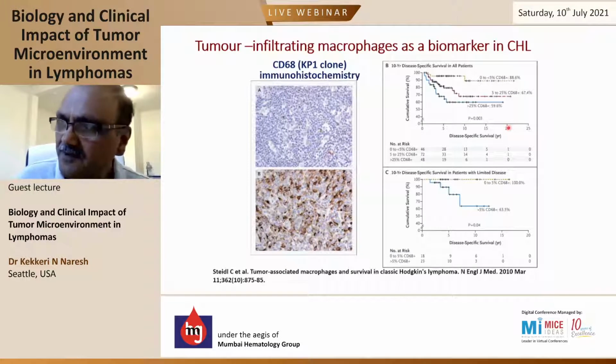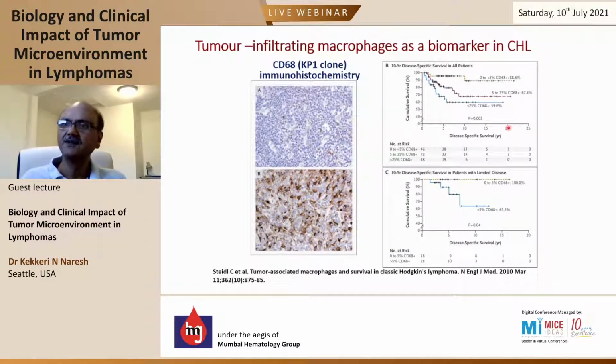And one of the key messages that came out from this paper was the CD68 macrophage infiltration within the Hodgkin lymphoma microenvironment. Those Hodgkin lymphomas which had a large number of macrophages, identified here by CD68, had very poor outcomes, whereas those which had very few macrophages, less than 5% macrophages, did very well. And so macrophages seem to be a discriminator, and this was one of the major studies which came